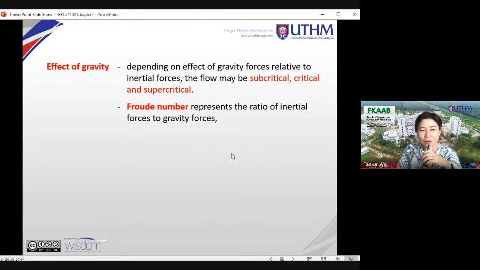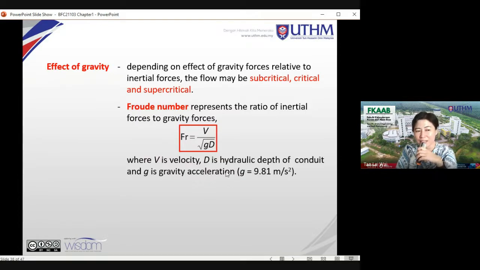Now, let's look at the formula for Froude number. Froude number is the average velocity divided by square root GD. V would be the inertial force, square root GD will be the gravitational force. This Froude number has no unit. It's also a dimensionless number. In this case, D is the hydraulic depth. Be careful, because we are in open channel flow. So D will be hydraulic depth, there's no more hydraulic radius here,